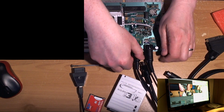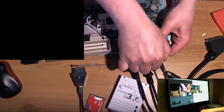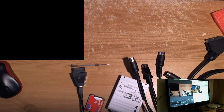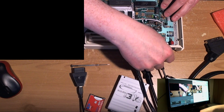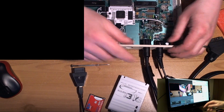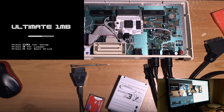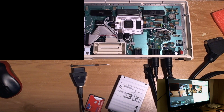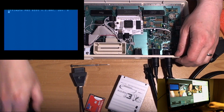Right, let's pop it back in the case again and see what's what. But obviously stuff like this needs to be resolved before the machine goes away, so, yeah, lots of fun. So now we're booting again. Okay, so let's